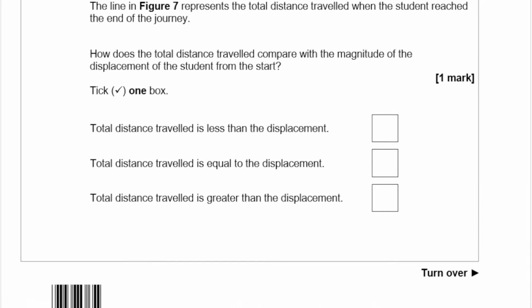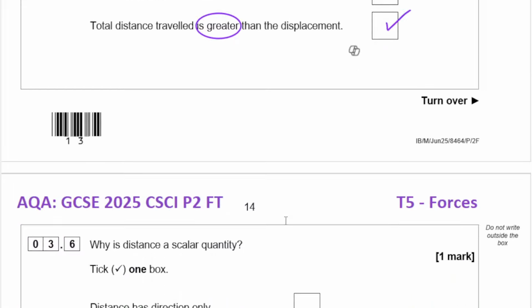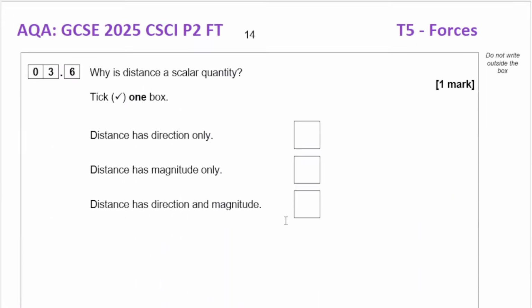So the answer, the distance traveled is greater than the displacement. Why is distance a scalar quantity? Distance is a scalar quantity because it only has magnitude. Now, if it has direction and magnitude, it will be a vector quantity. So you need to remember that vector